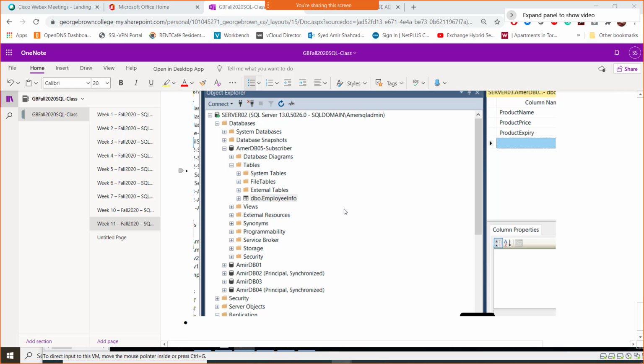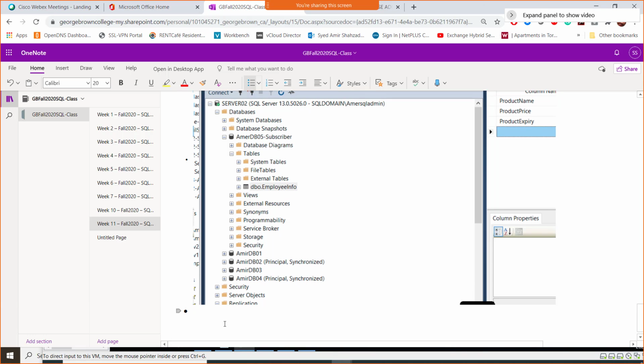But to know how to configure failover clustering is also a very important skill for the job market. So we're going to be starting that failover clustering, and